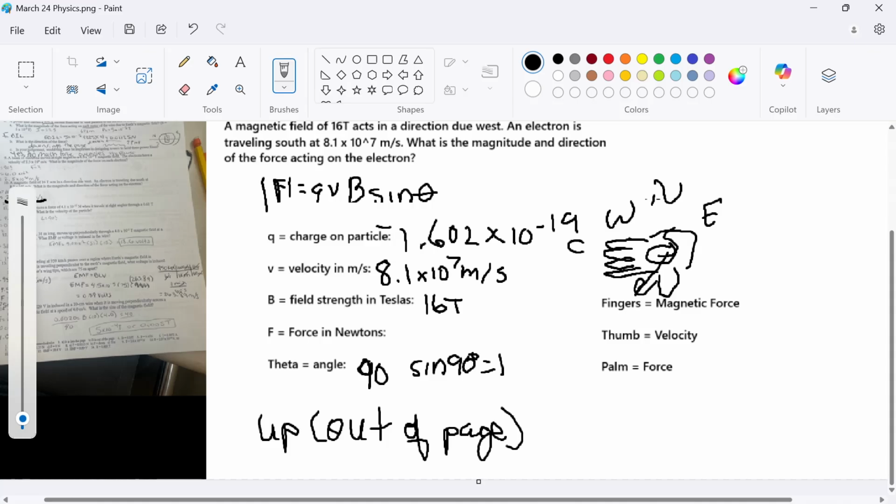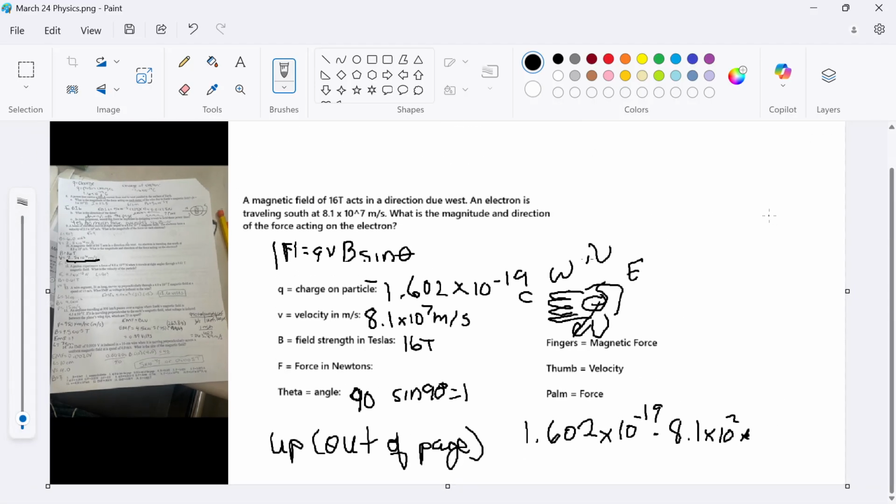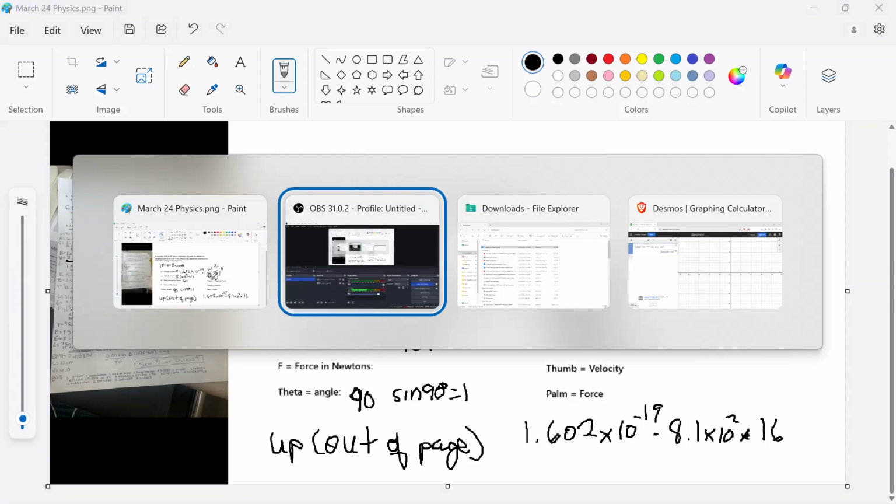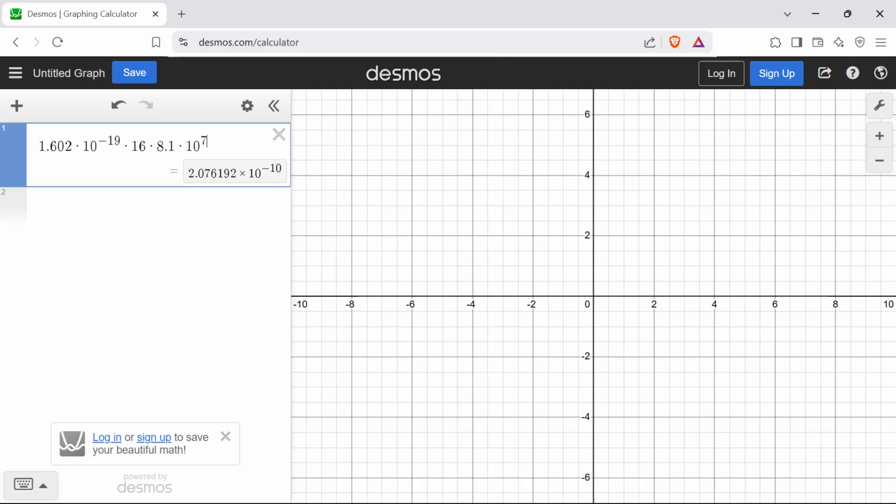And the magnitude is going to be QV B sine theta. Q is 1.602 times 10 to the negative 19th times the velocity, 8.1 times 10 to the 7th, times B, which is 16 Teslas, the field strength, times sine of theta, which is 1. So I think I've already done this on Desmos, 1.602 times 10 to the negative 19th times 16 times 8.1 times 10 to the 7th equals about